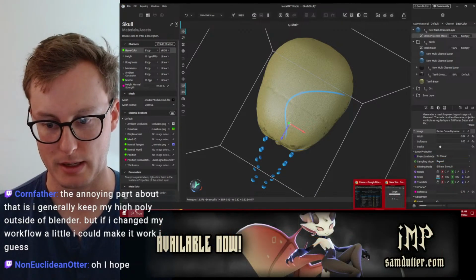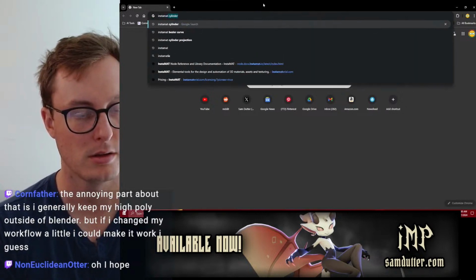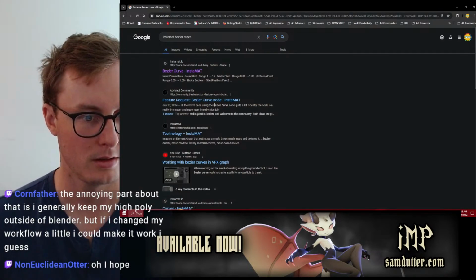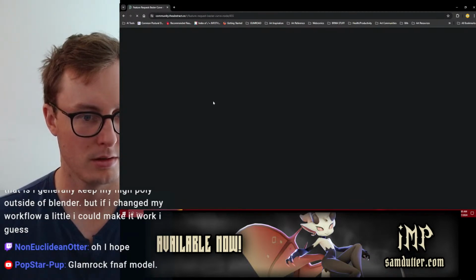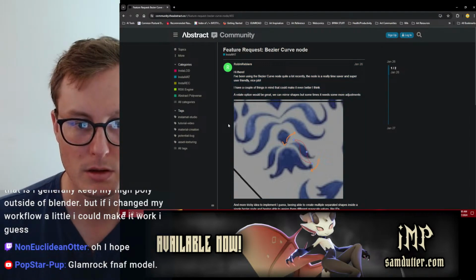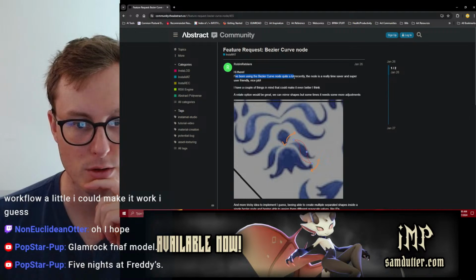All right, let me look this up again. So InstaMat, Bezier curve. Interesting. I've been using the Bezier curve node quite a lot recently. The node is a real-time saver and super user-friendly.